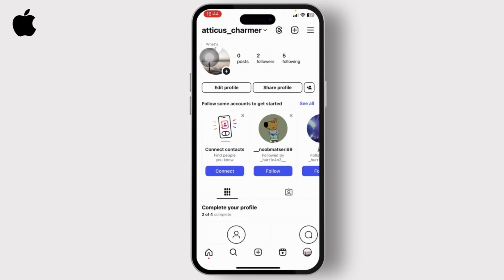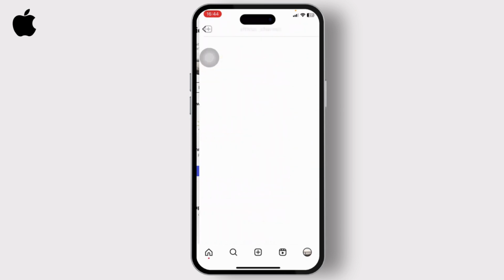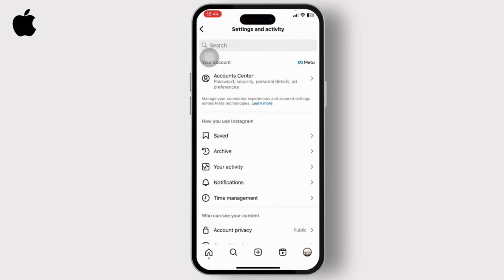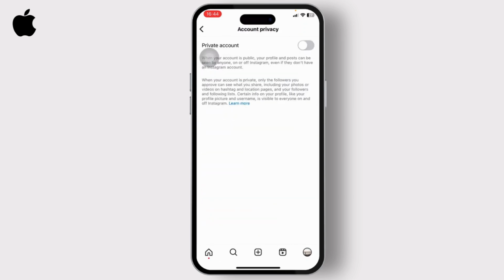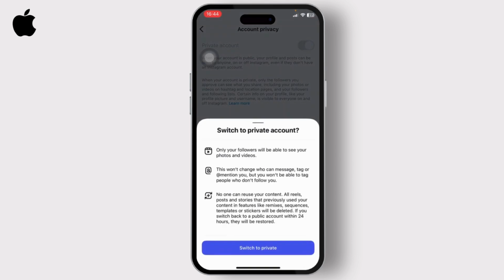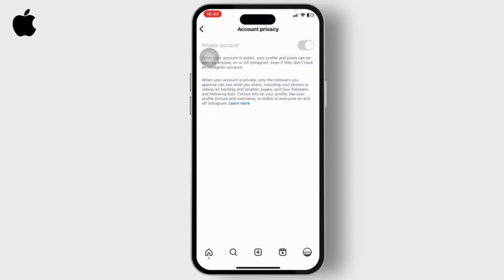this to your profile picture, what you'll need to do is tap on the hamburger icon, head over to settings and activity, scroll down, and there you will find account privacy. Head over there and turn on private mode. Tap on switch to private, and after you do that, you'll get an option here that will give you an